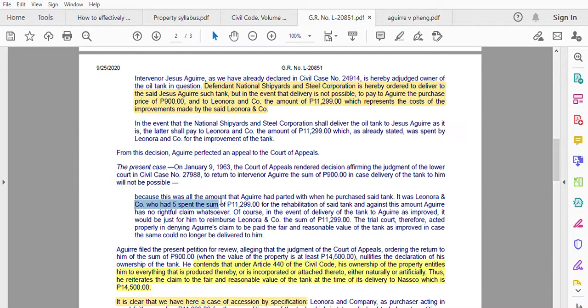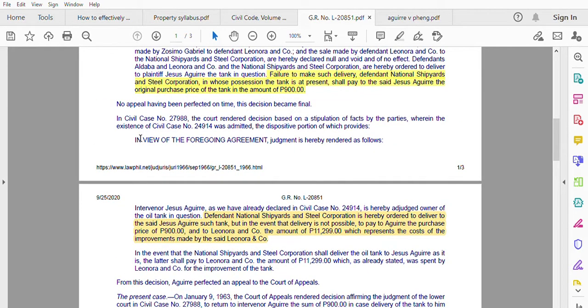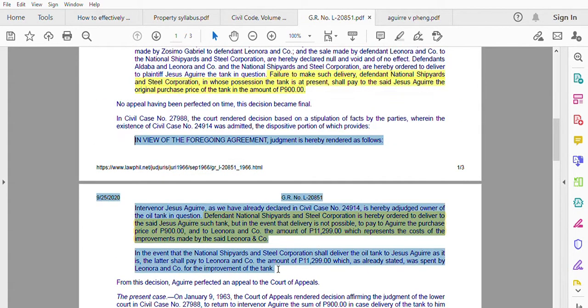It's easily determinable because it's indented, usually. And here you can see that the trial court was also affirmed. So what is the decision of the trial court? It's also found here. So this is